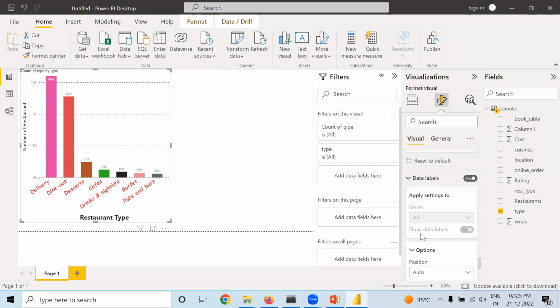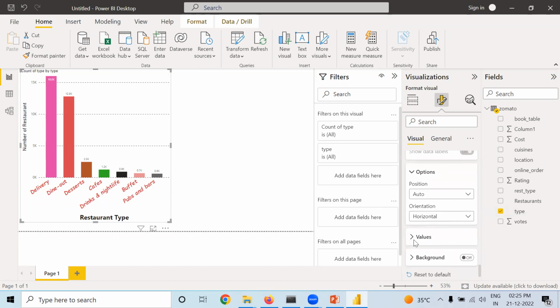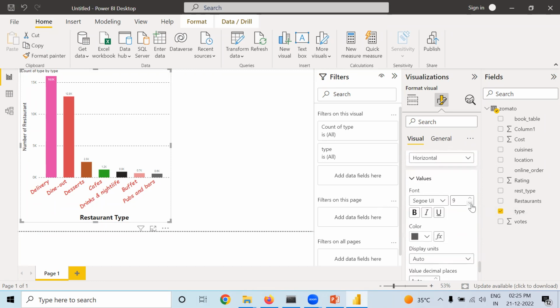Now you can go to data labels, and in values, you can increase its size, you can change